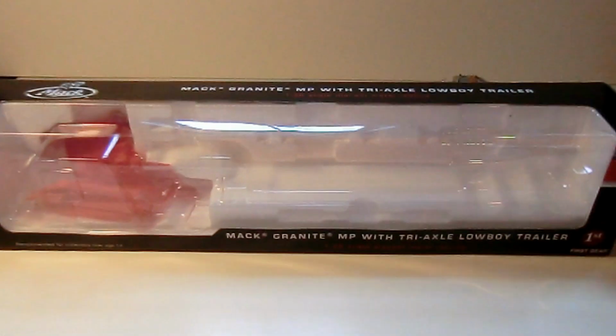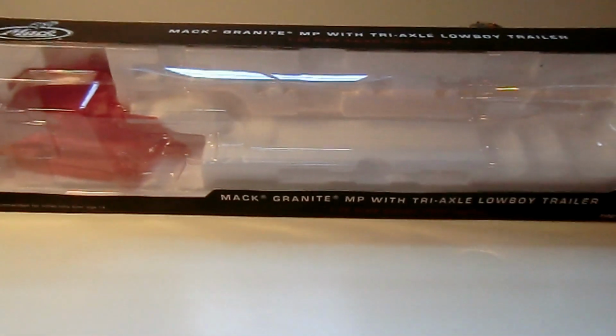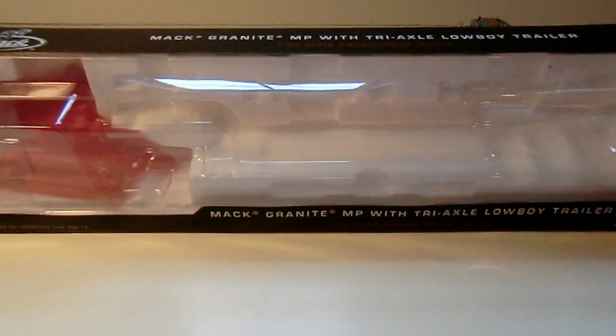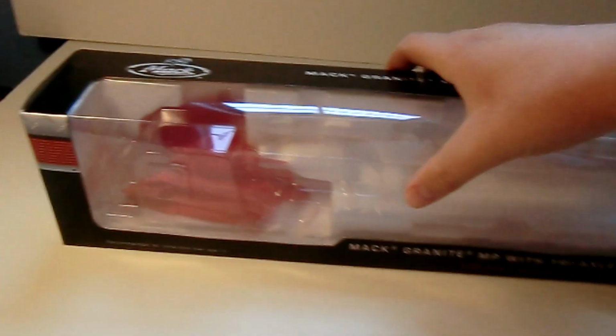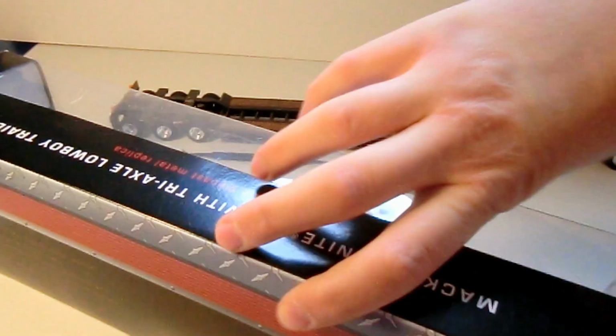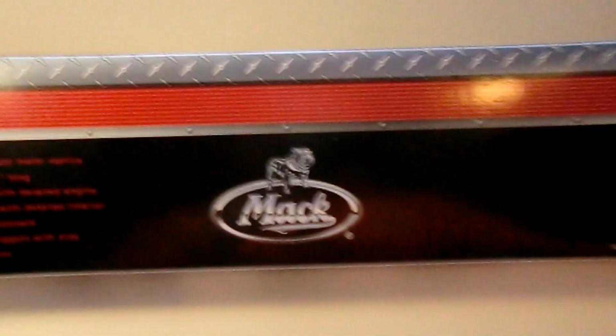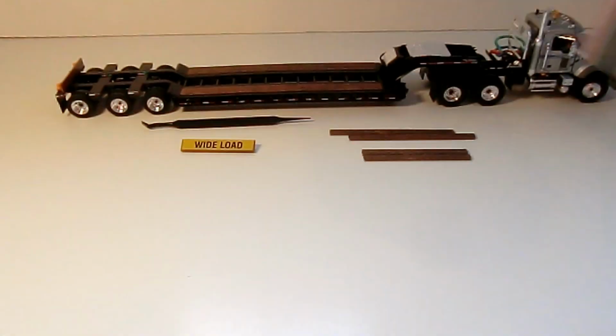That's the front. It's just styrofoam with a plastic tray over it, so it'll come out real easy, real nice. Your side panel, and swing it over to the back, just the Mack logo, details about the model, your First Gear logo, and then on the bottom, and it's upside down,